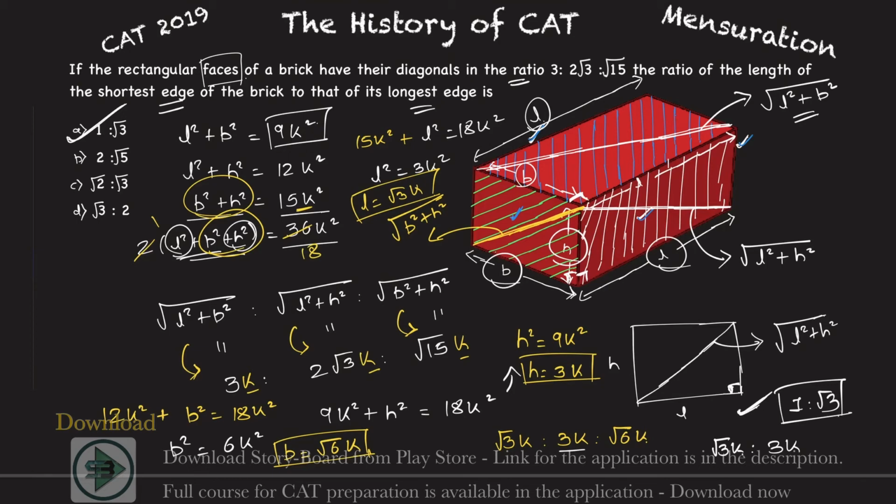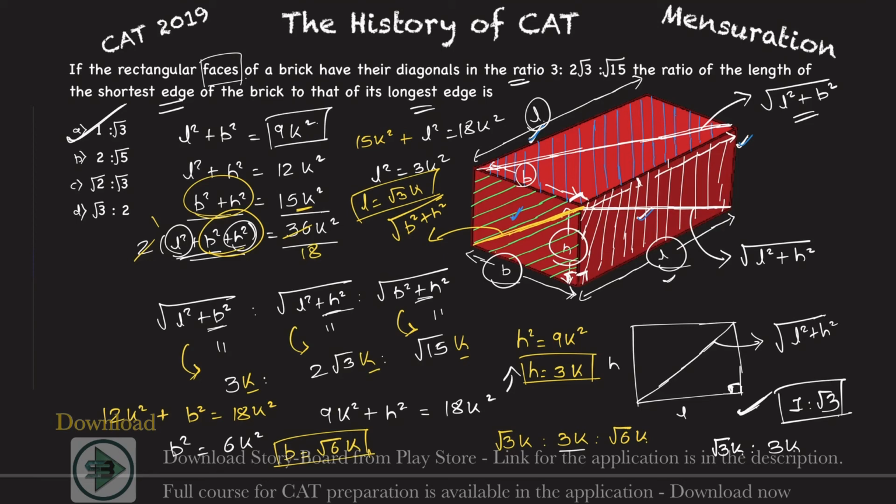Okay, now initially you should not start by assuming that the length will always be the highest, or that the breadth or the height will be the lowest. You don't know. You don't have to start with an assumption here. I just want to know which of the three is the longest, and which is the shortest. This is where all of you should have reached, because this is very simple, and then the confusion starts from here.